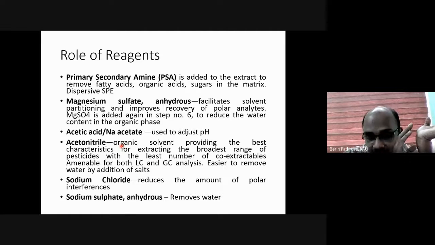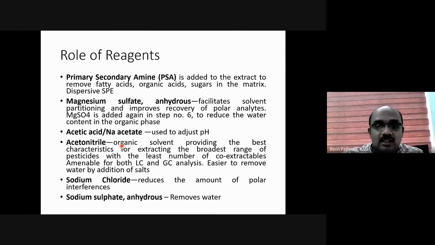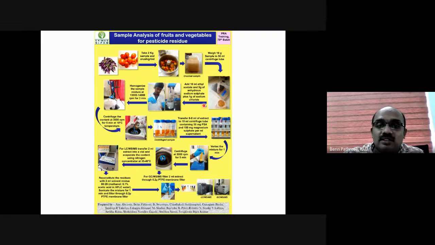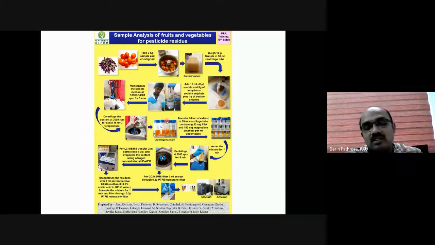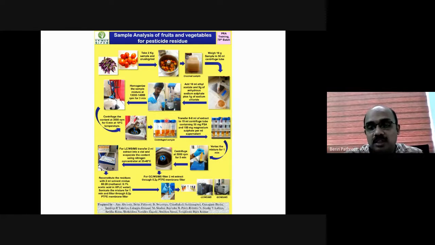Then sodium sulfate and sodium chloride. See over here, this is in the extraction step. Once you are adding sodium sulfate and sodium chloride in the extraction step, because of the high content of sodium ions, chloride ions, and sulfate ions, the pesticide molecules will be moved out of the substrate. That means moved out of the sample into the solvent. This mechanism is called salting out. We add a high amount of solvent, a high amount of salt, and because of the high concentration of salt,